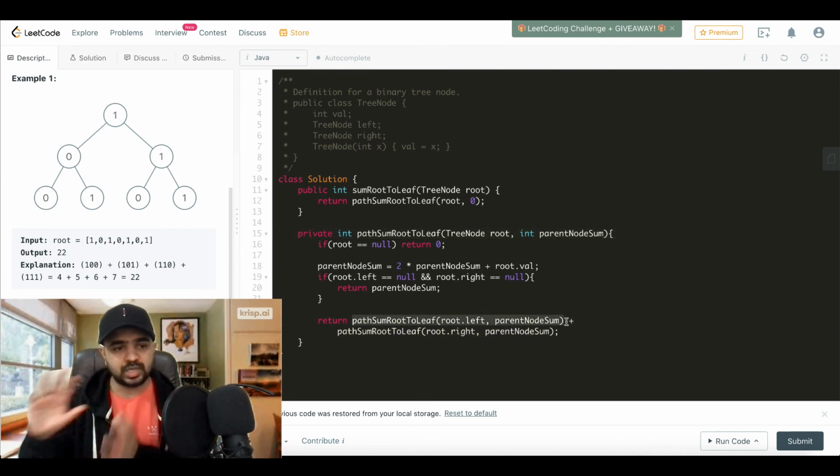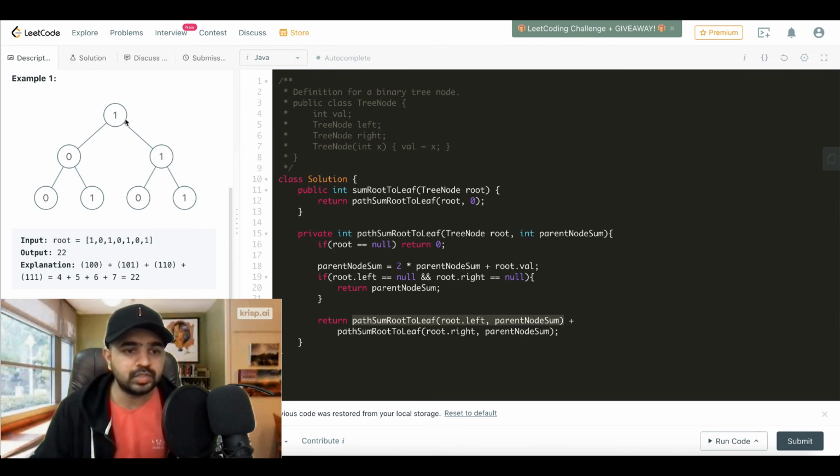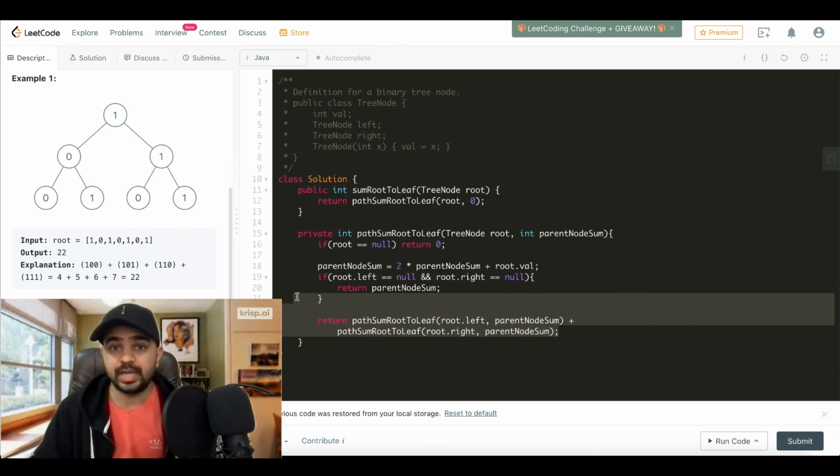Now we'll do the same thing for the right child. So this path 110 will return 6. This path 111 will return 7. And when we reach this, we'll do 6 plus 7, because we are doing this sum. So 6 plus 7 will become 13. So we return 13 from here. We got 9 from this child and 13 from this child, and we return both these values back, and we add them again. So 13 plus 9 in the end will become 22, and that is how you solve this problem.